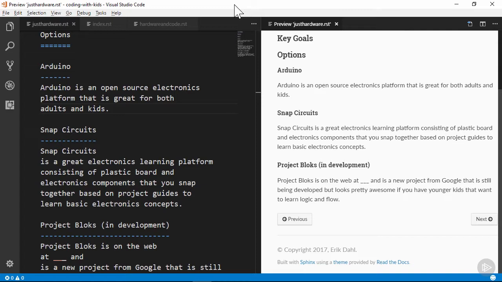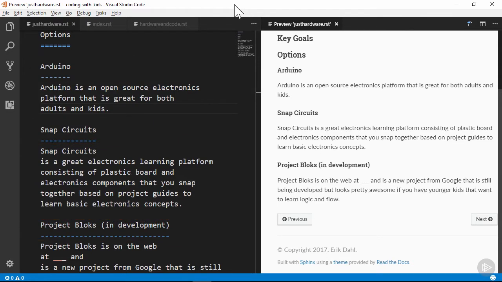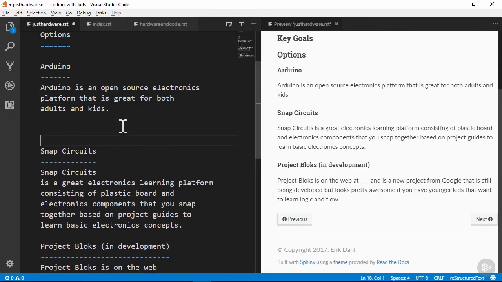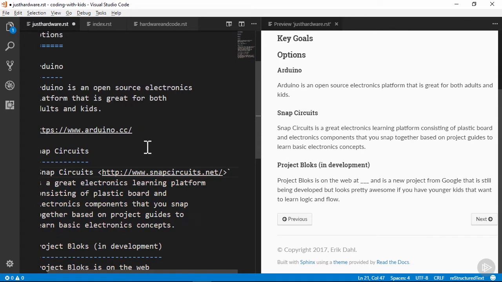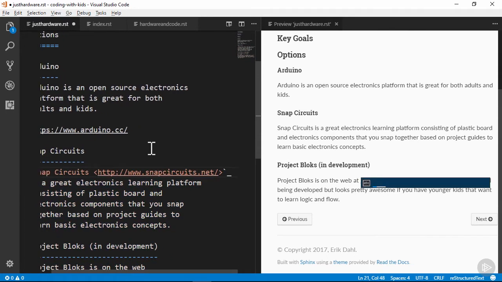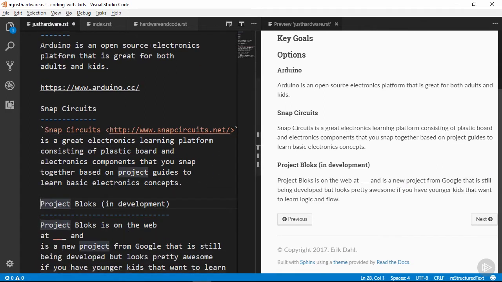First, I'm here on the Just Hardware page, and I've given short descriptions of 3 options in this space. I'll just put the Arduino link on its own line, and that'll work just fine. For the Snap Circuits link, I'll create a hyperlink under the text of Snap Circuits. And to do this, you need to use backticks, angle brackets, and a trailing underscore to make it work. Lastly, I'll just put the direct hyperlink for the Project Blocks website right inside the paragraph, and that'll work just